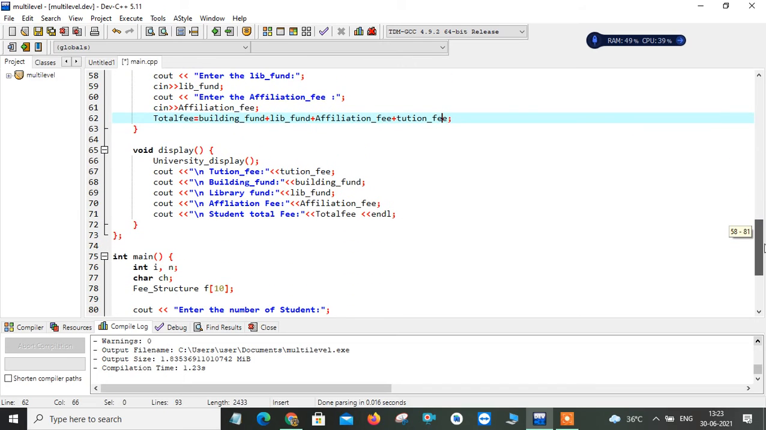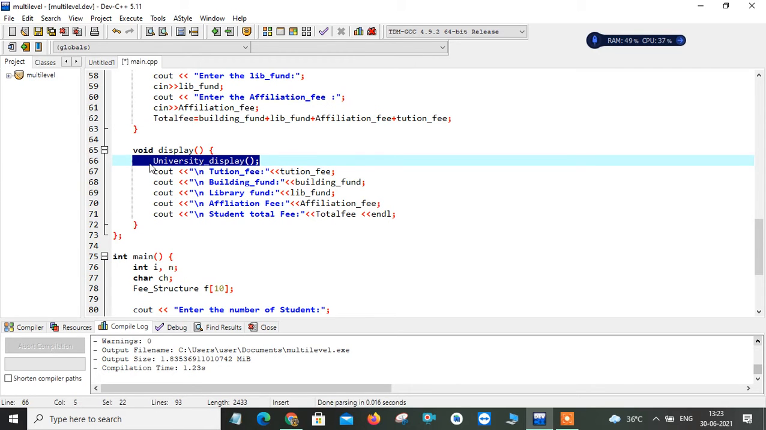So simply I'm using the display method. In that display method I'm calling university display. University display is nothing but a method in my parent class, that is university. In that, I already called the display method of my student. So from this child class I'm trying to access all the methods of the parent as well as the grandparent directly and indirectly. So I'm trying to display tuition fee, building fund, library fund, affiliation fee and student total fee